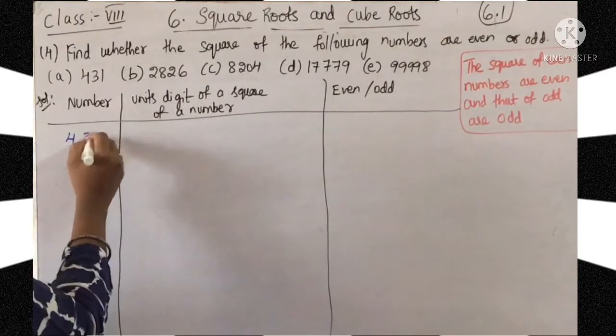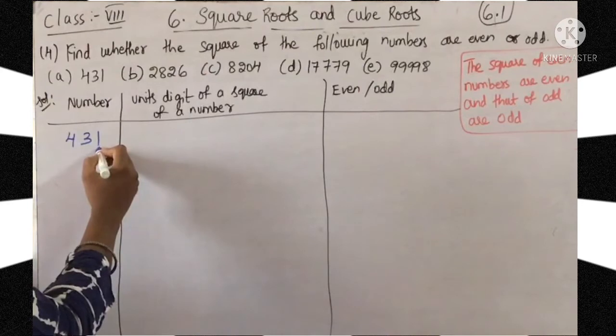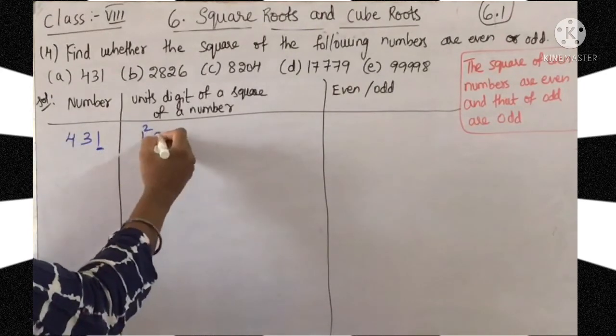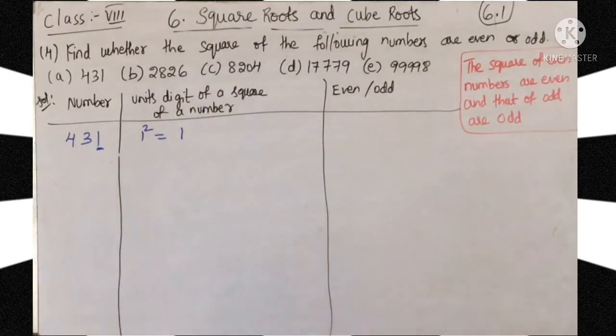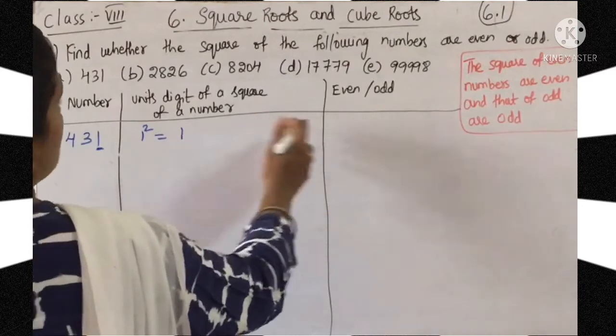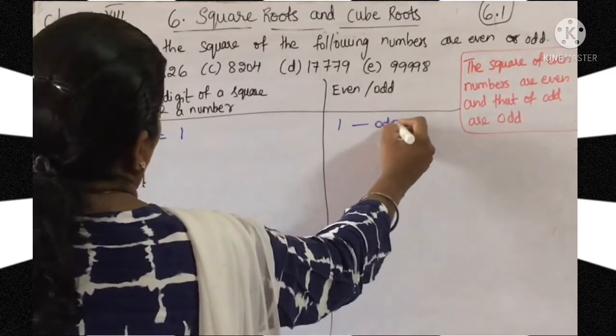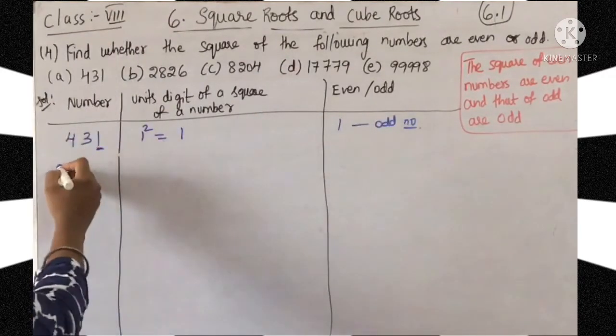So first one is 431. If the last digit is 1, then you can say 1 square is nothing but 1. So what is 1? You know 1, 3, 5, 7, 9, these are all odd numbers. Right? They are not multiples of 2. If you divide those numbers by 2, always you will get remainder as 1. So what are even numbers? 2, 4, 6, 8. If 0 is there in the units place, we call them an even number. So here 1 square, you are getting 1. So 1 is nothing but an odd number. Right? And coming to second one,